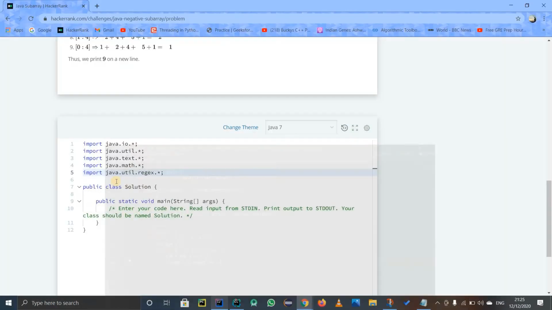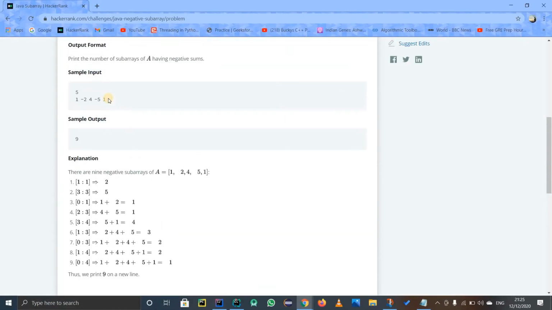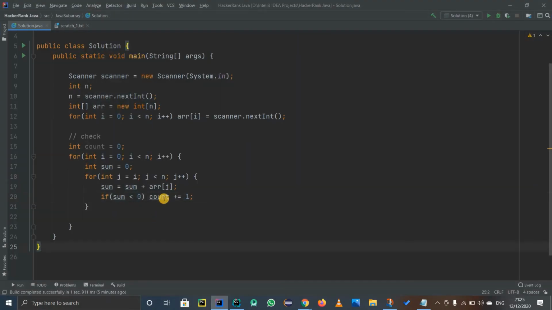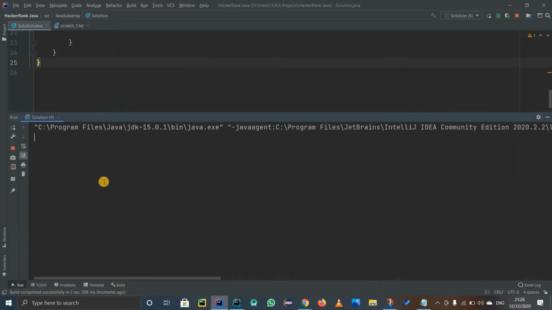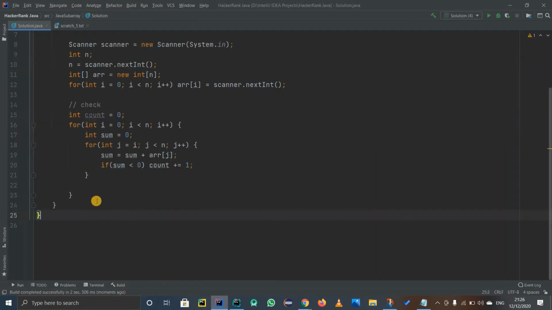First of all, let us check if this solution is actually right or wrong. If it is right, then I'll show it to all, or there's no use of just showing it all. So let's run this code and paste the solution over here. The sample test case is this, and we didn't get anything because I obviously didn't print out anything.